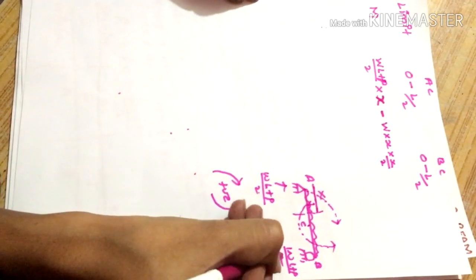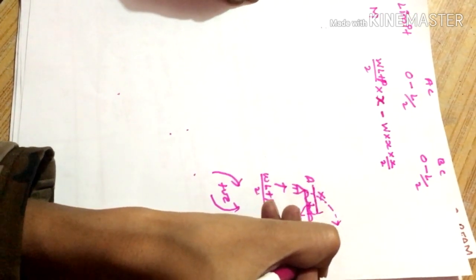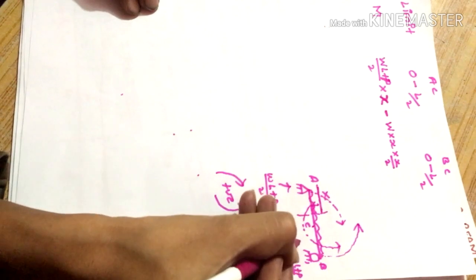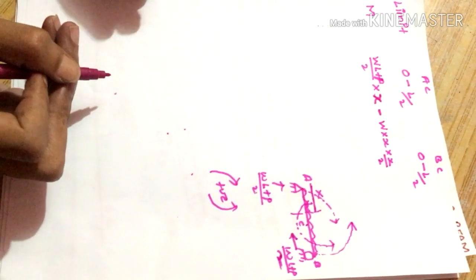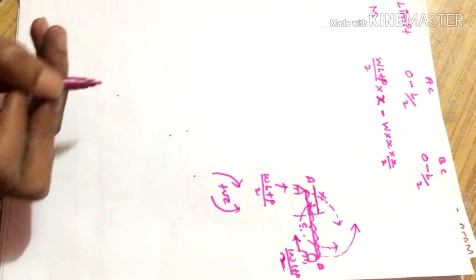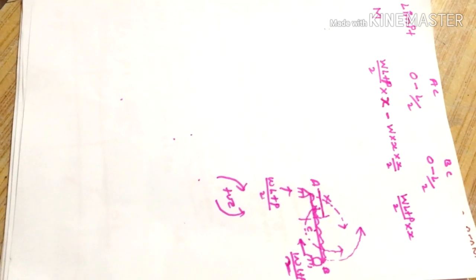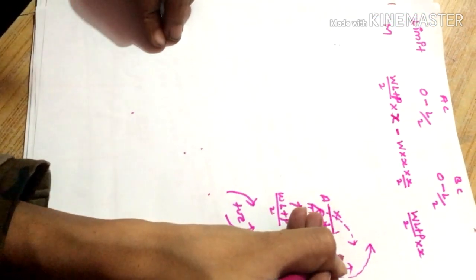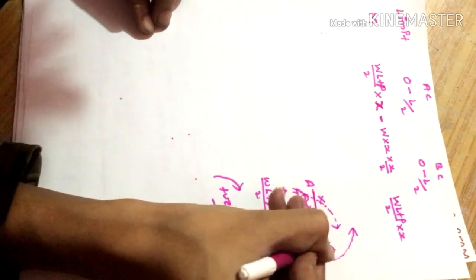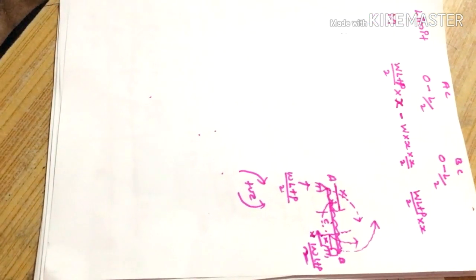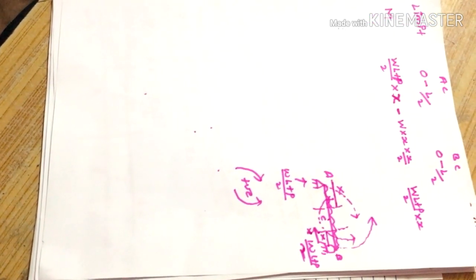Also, let us move to the BC portion. In the BC portion, this force will rotate the figure anti-clockwise, and we know that moving from right to left we take anti-clockwise as positive, so take it as positive. Here (WL plus P) by 2 into X. Here also the uniformly distributed load is acting at every point, taking a section at a distance of X from B. So we have to move from right to left, so take anti-clockwise as positive and clockwise as negative.